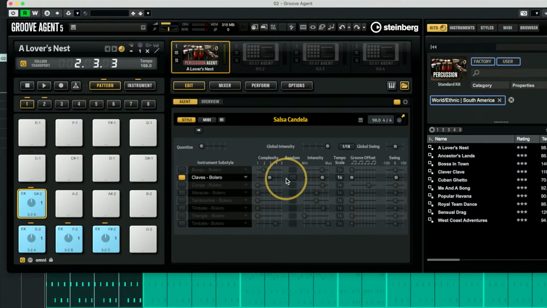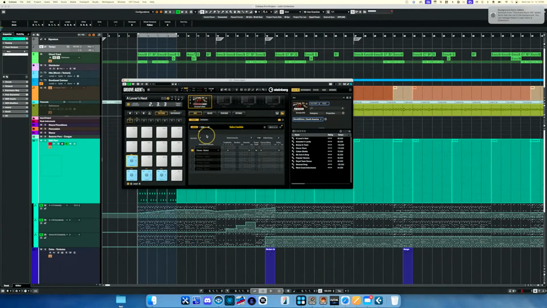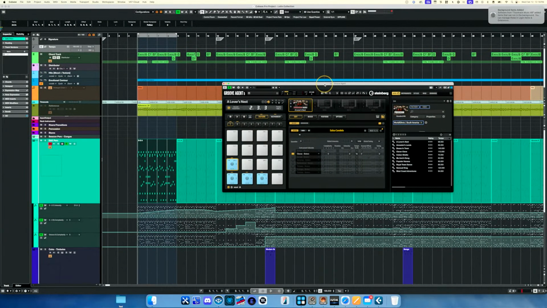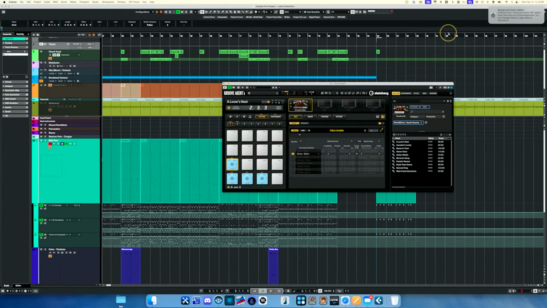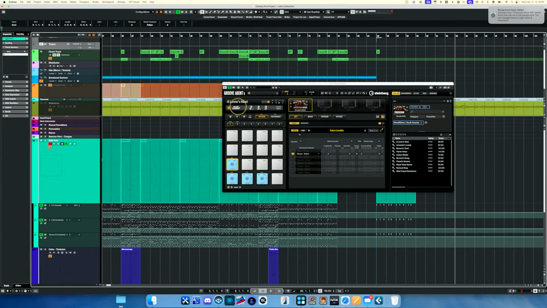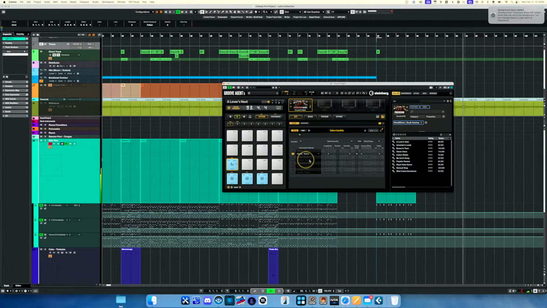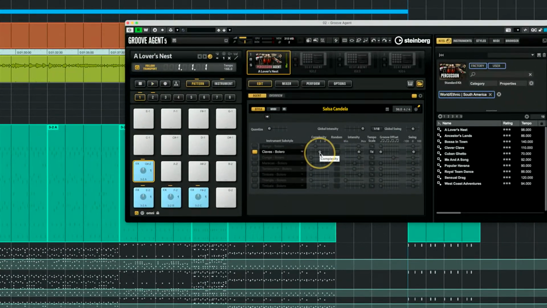So essentially, if I increase the complexity of my clave, you can hear, let's go ahead and go to a portion of my project where there is no audio. So I'll bring it over here. I'm going to do follow transport. So you can hear my clave. And if I bring up the complexity to 5, it just gets slightly more complicated, but that's because the clave is doing something very simple. Let's go with the congas on complexity 1,